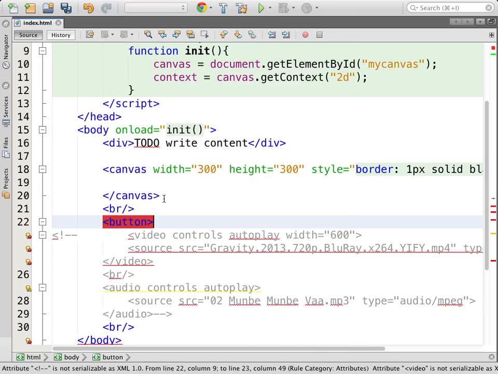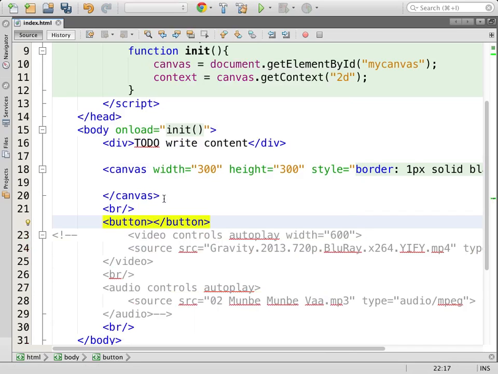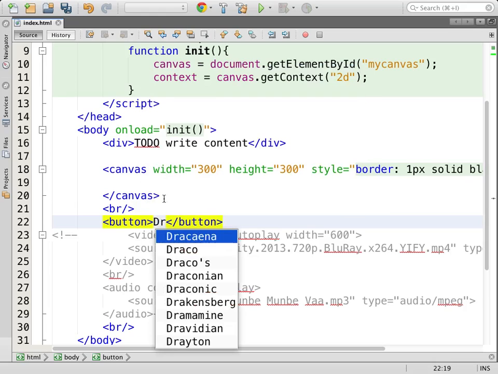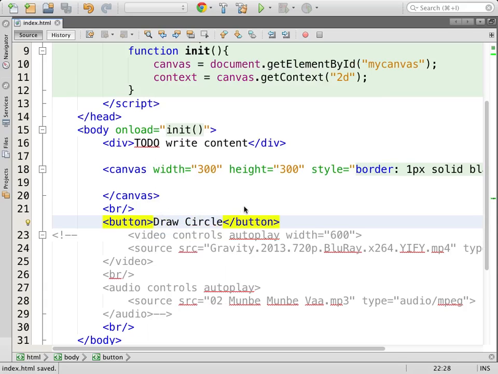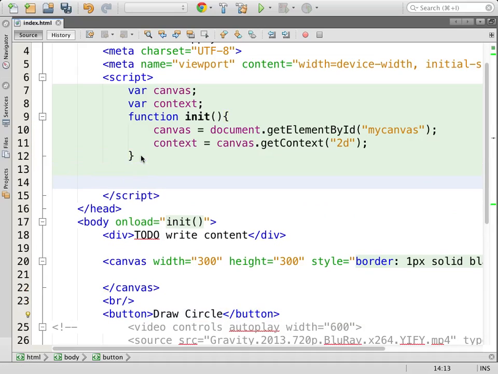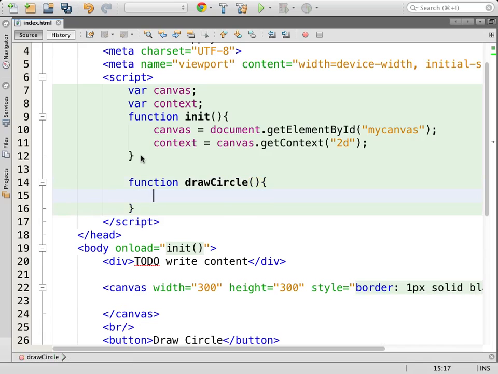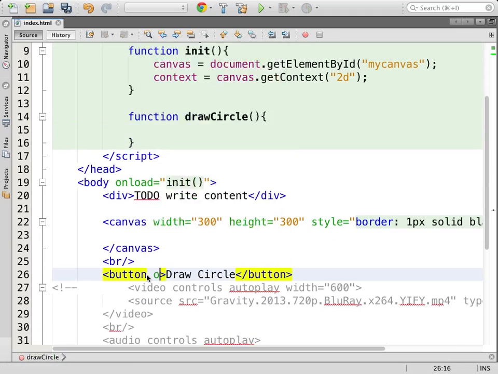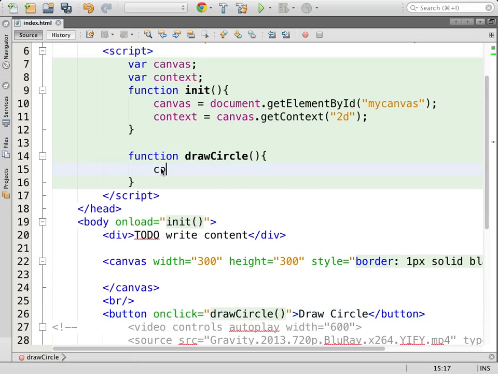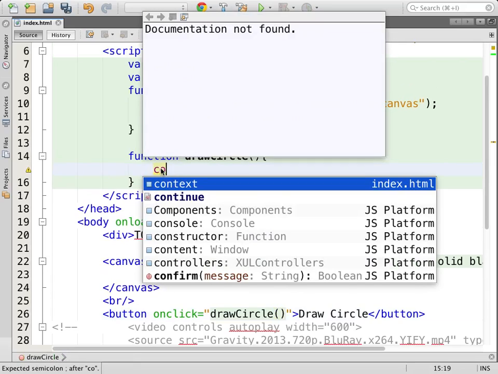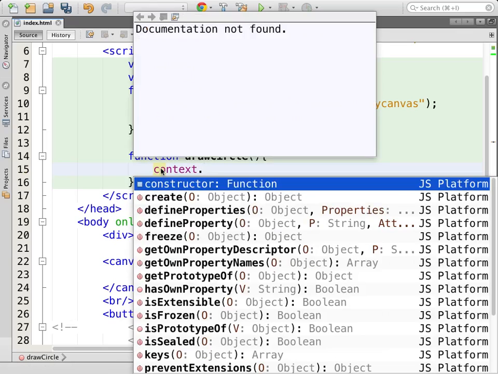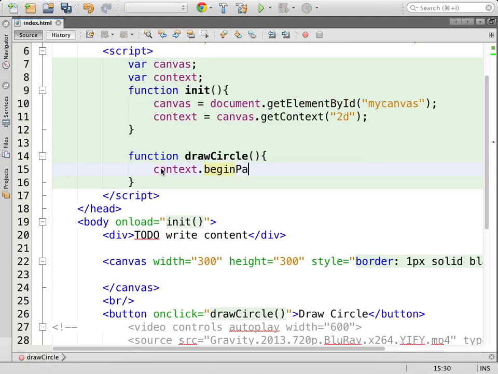I'm going to keep a button which will trigger the subsequent drawing. So, draw a circle. Its function is going to be called on click. I'm going to use the context from here onwards, because for drawing a circle I need to start with the method called begin path,